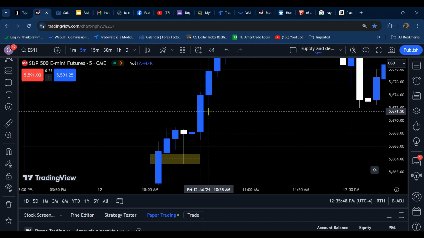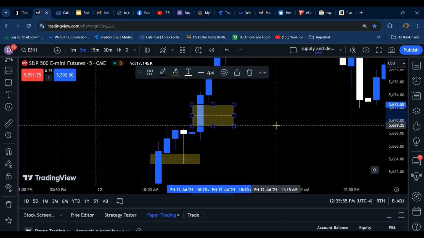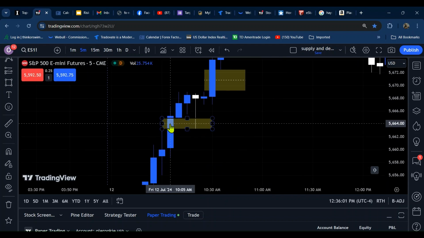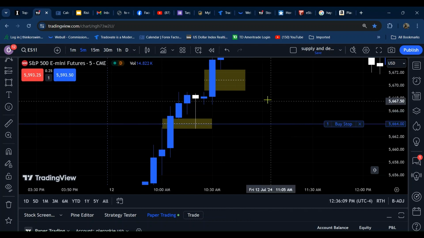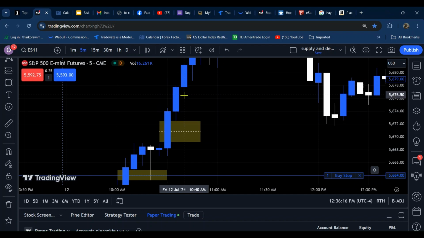Now, you can see here is another fair value gap. We didn't trade back down into it, so you didn't really have an opportunity to join. That one being the very first one to form, what I would have done was exactly what I said about putting a buy stop in there, right there, and let it fill. And then we have another fair value gap here,